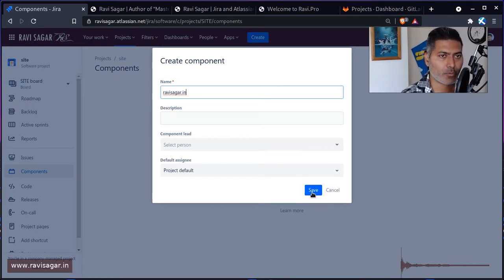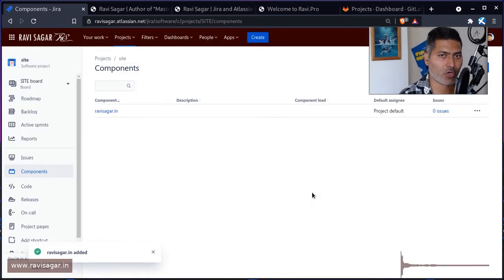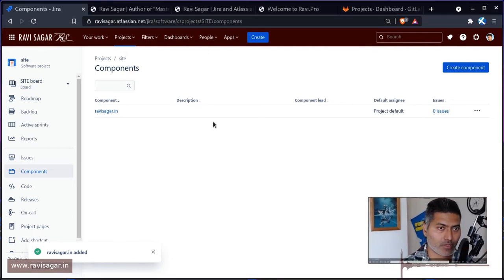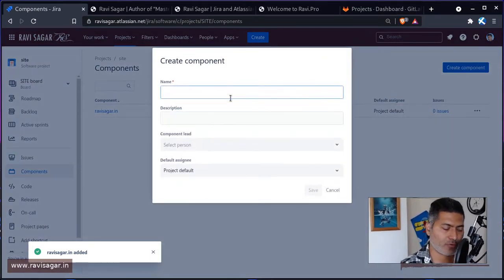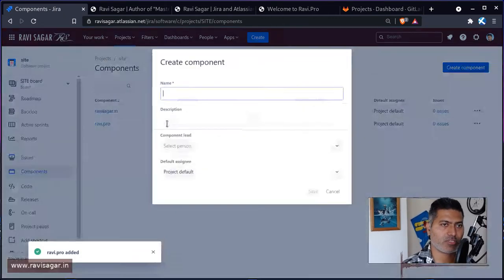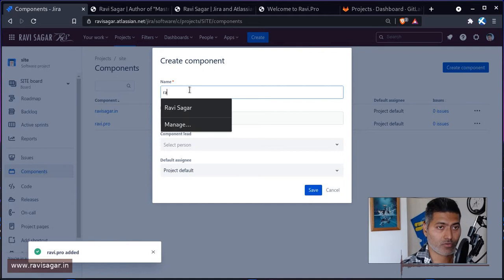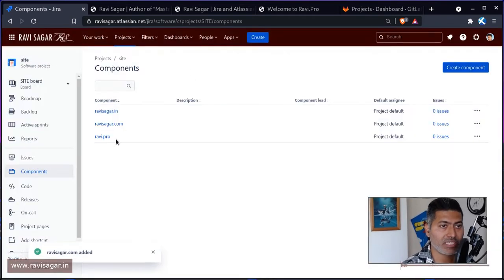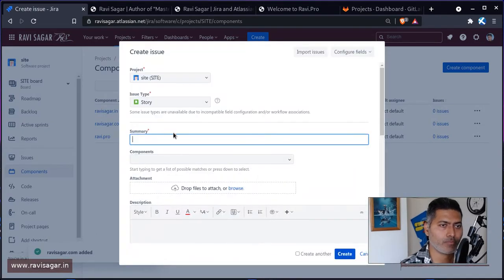So let me create a component, and a component is nothing but a way to break up your project into smaller modules. So let us create ravisagar.in. We might also want to create ravi.pro, and we may have one more, ravisagar.com, and we'll have 3 components. So now if I click on the create button,